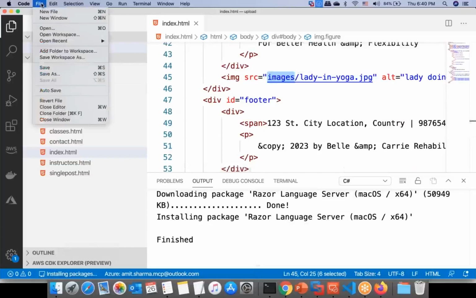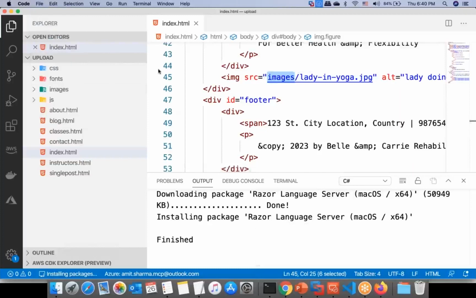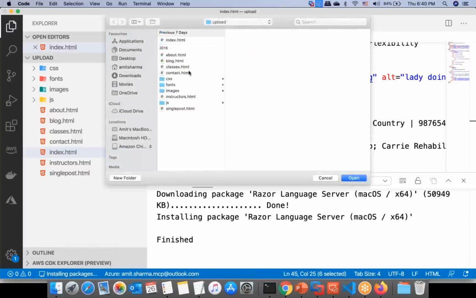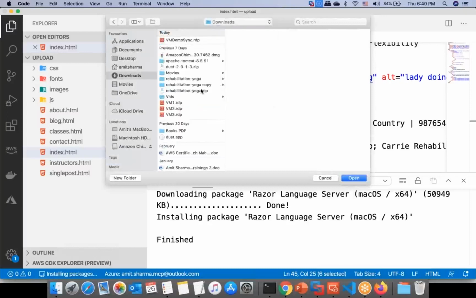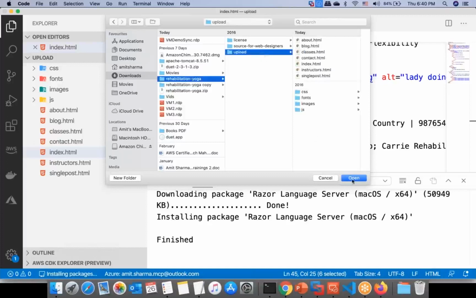Let me show it to you. I've already created the whole project again. I did nothing great. I'm just telling you what I've done. You can actually do it. I can show it to you again. It's pretty simple. I went to yoga file, uploaded and opened it. What I did in this particular content is